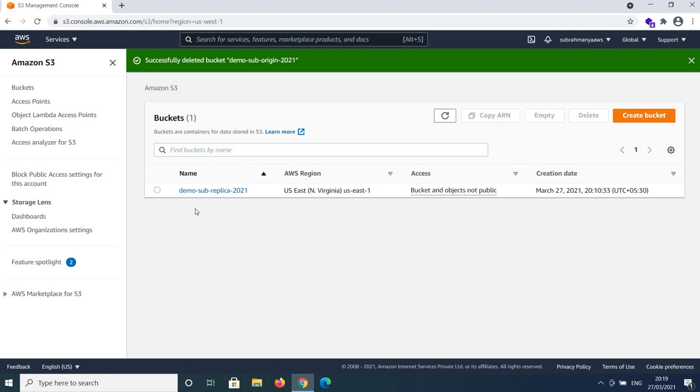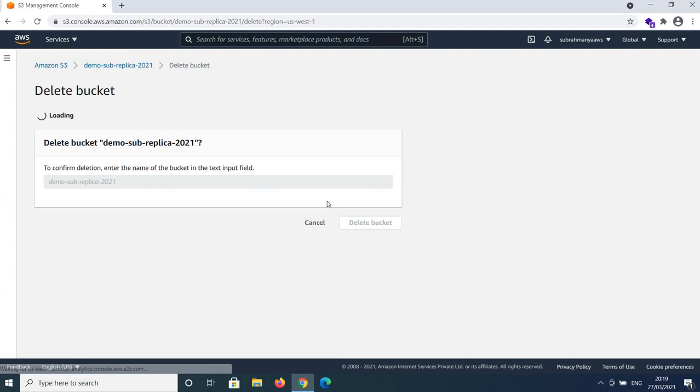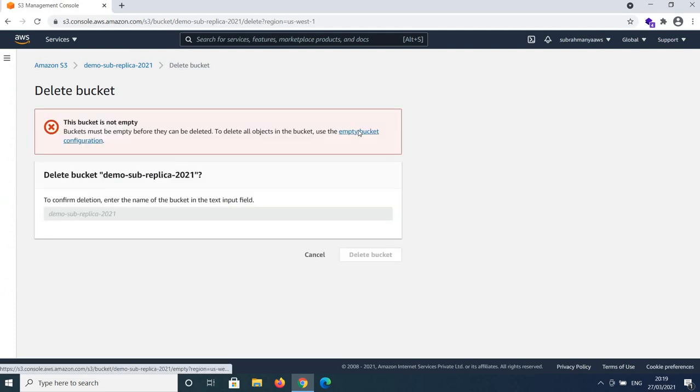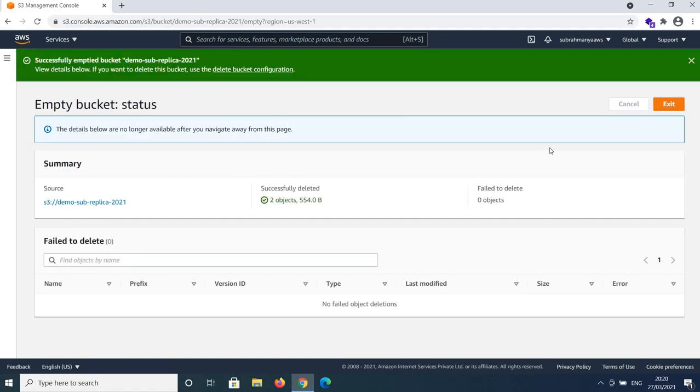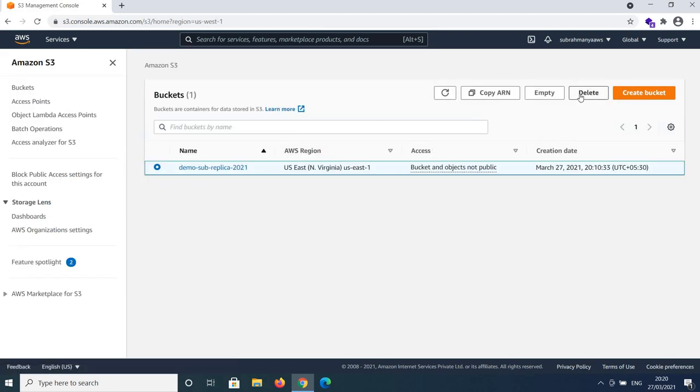Now let us delete second one. I have to empty bucket configuration. I will click and I will type permanently delete. Click empty. Exit. Now delete.